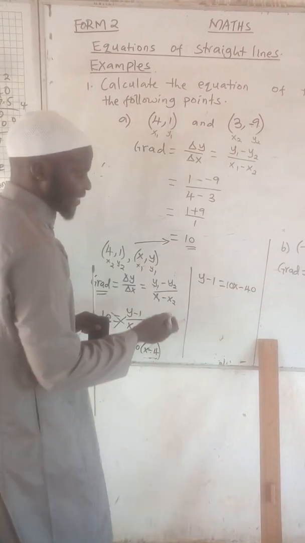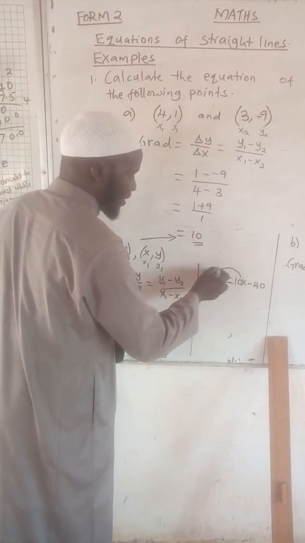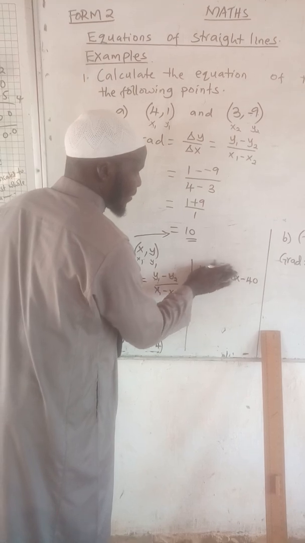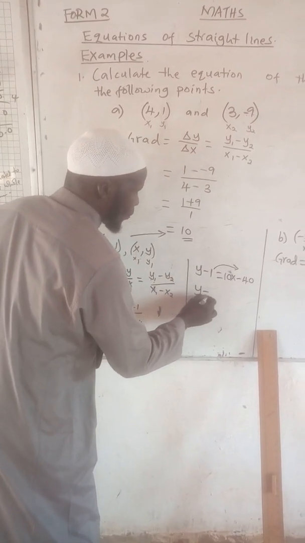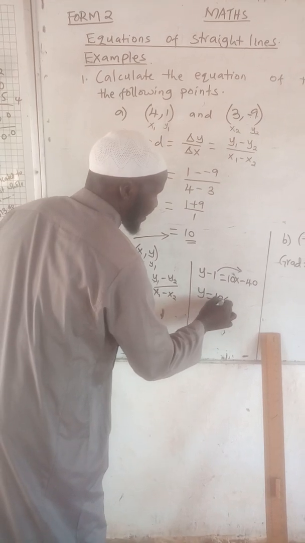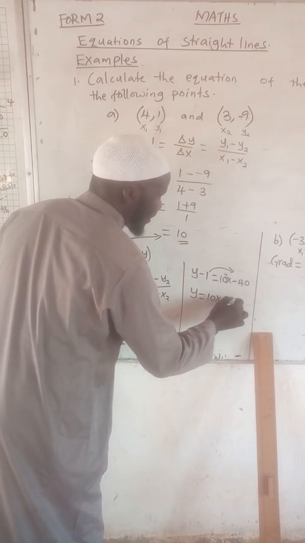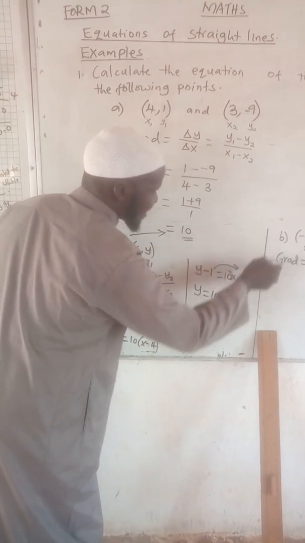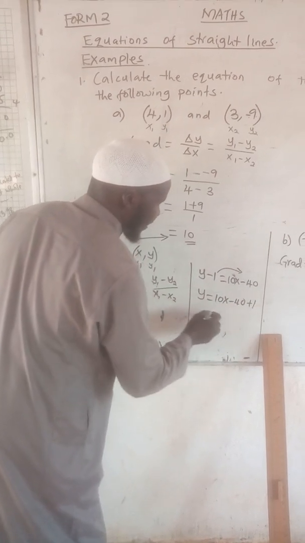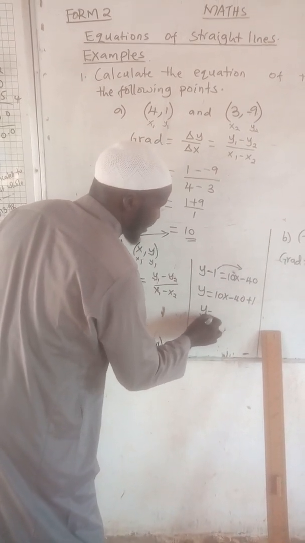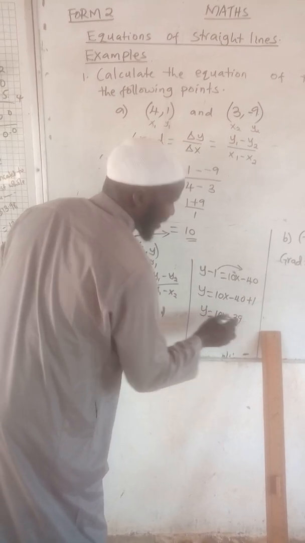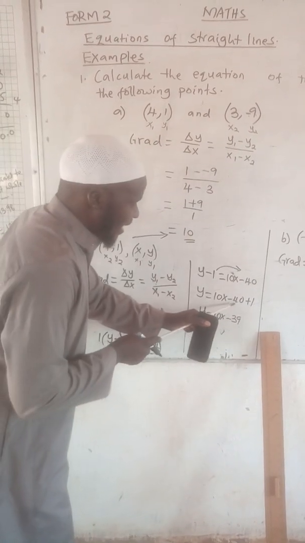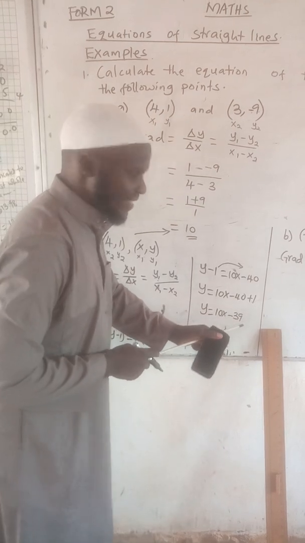Then you collect like terms. You take this one on the other side. So that means that y will be equal to 10x minus 40. If this minus goes on the other side, it will be plus 1. So that y will be equal to 10x minus 39. Minus 40 plus 1 is the same as